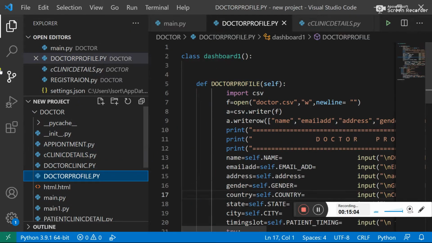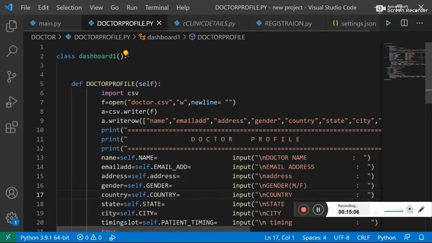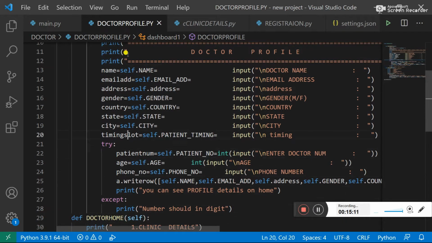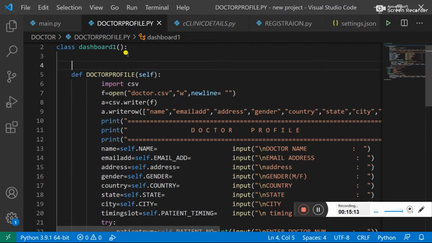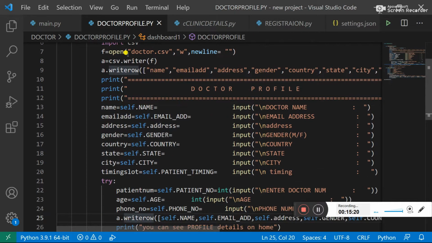Now the doctor profile. You can see here I am using some fields like name, email address, gender, country, city name, patient name.